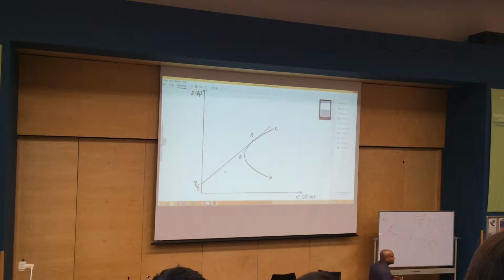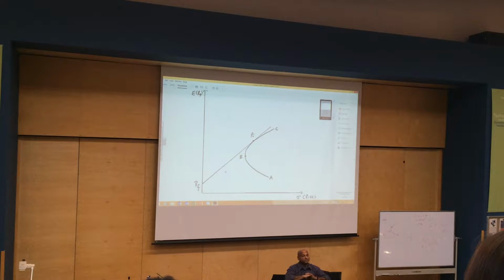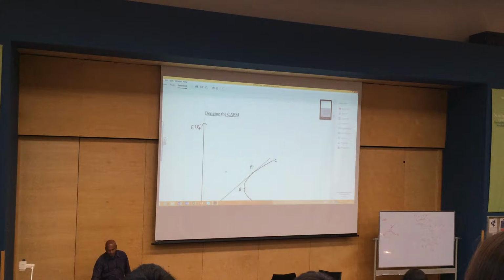Or do they want to lend and invest the remaining money in the market portfolio? Do you want to be on the line above PI or below PI? That depends upon how risk averse an individual person is. I could be below PI and this person could be above PI. But everybody else, having homogeneous expectations of returns, we are all facing the same one rate, the risk-free rate. We will all see this graph in front of us, and that market portfolio becomes very, very crucial.